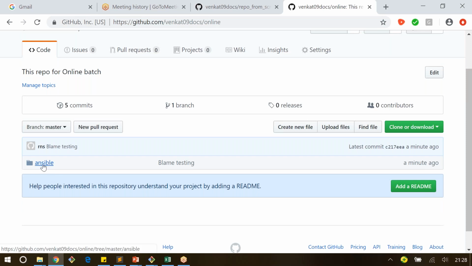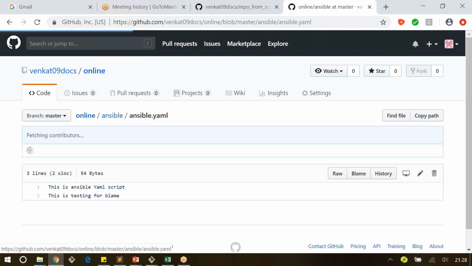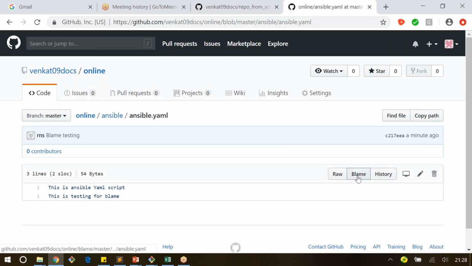And you can see this here also. Suppose you go to the file, let me show here. If I open this file in GitHub itself, you have this one option, that is the blame option. Here itself you can edit or delete this file. This is a remote repository, so you are working directly on the remote repository, but the recommended way is from the working area. And if you click on the blame option,